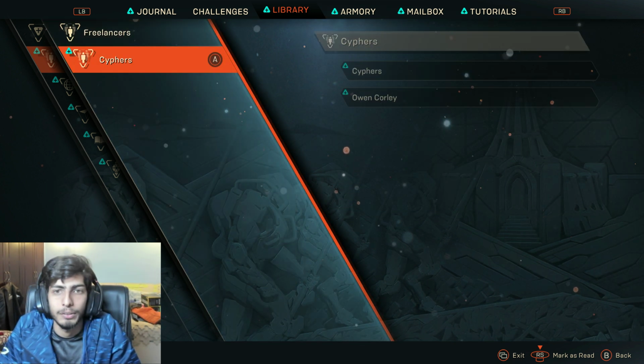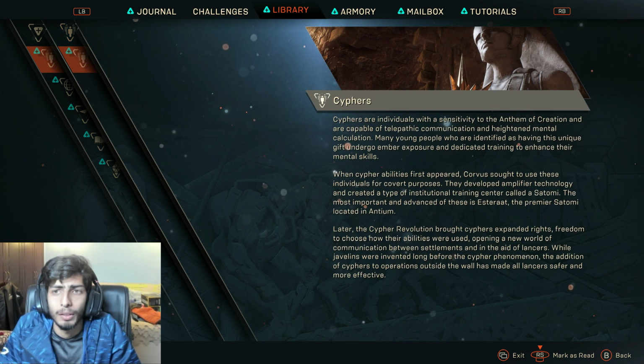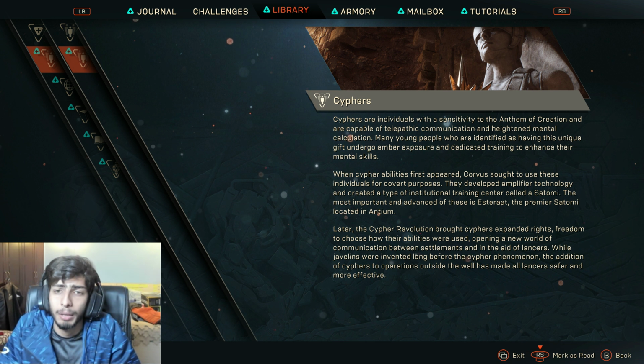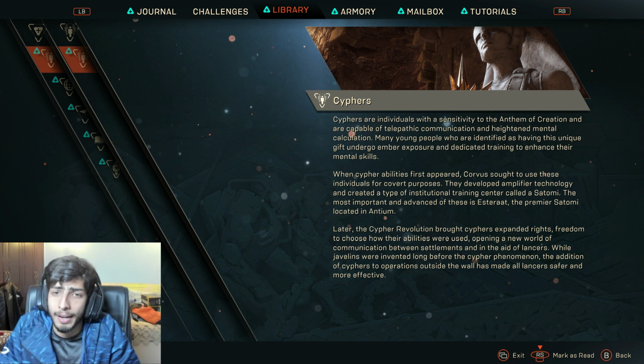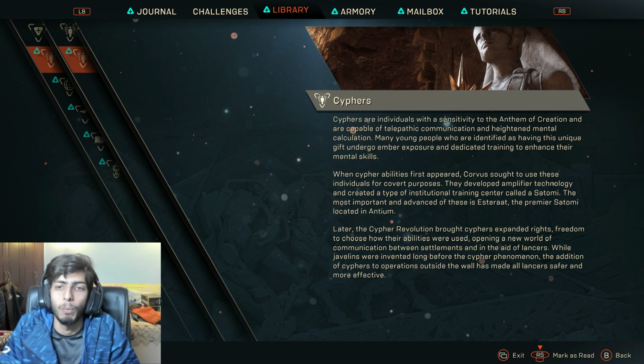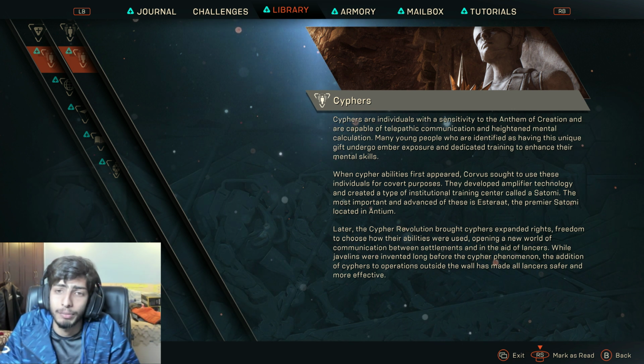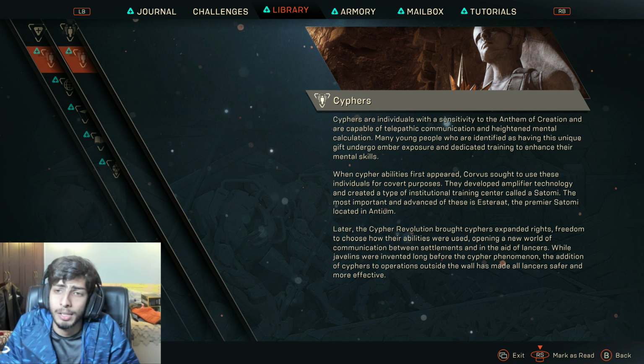Nice. Ciphers. Ciphers are individuals with a sensitivity to the anthem of creation and are capable of telepathic communication and heightened mental calculation. Many young people who are identified as having this unique gift undergo ember exposure and dedicated training to